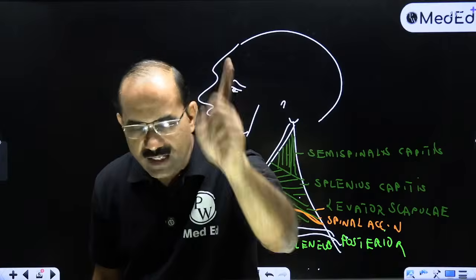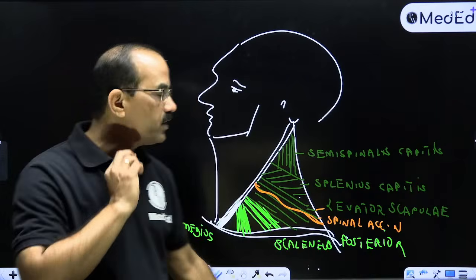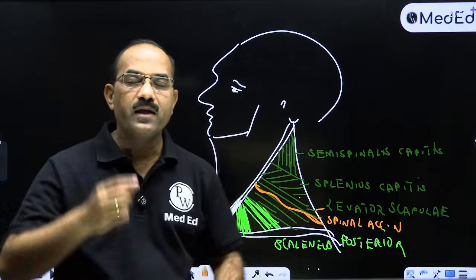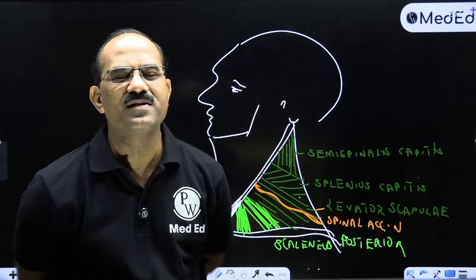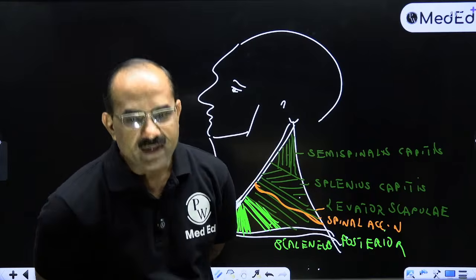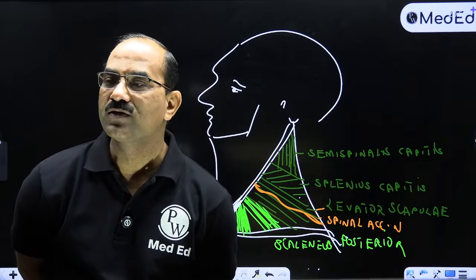nerve gets damaged. Now the MCQ is: damage to the spinal accessory nerve in the posterior triangle of the neck leads to paralysis of which muscle? Answer this. Damage to the spinal accessory nerve in the posterior triangle of the neck leads to paralysis of which